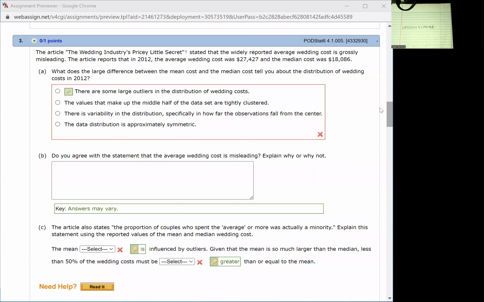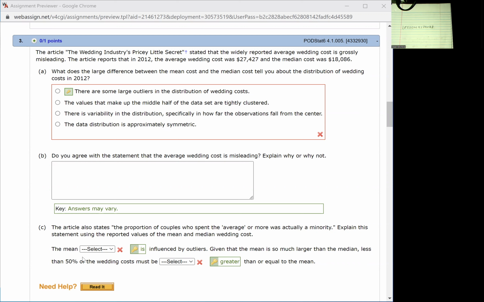Now we're going to do problem 3. Let's share the screen here and get to problem 3. Your problem will look similar to this. The first part, A, is pretty straightforward. B demands a judgment call on your part and my part. And C,